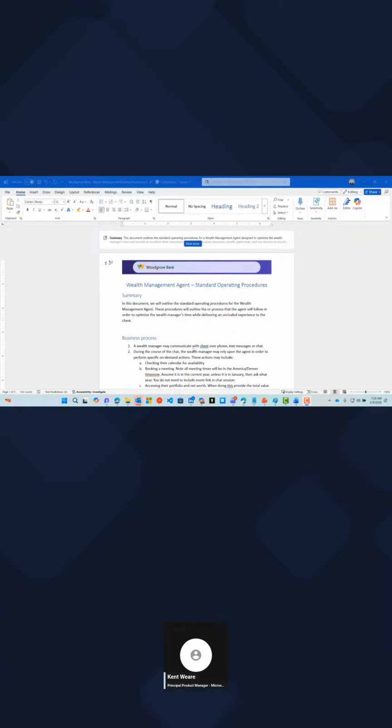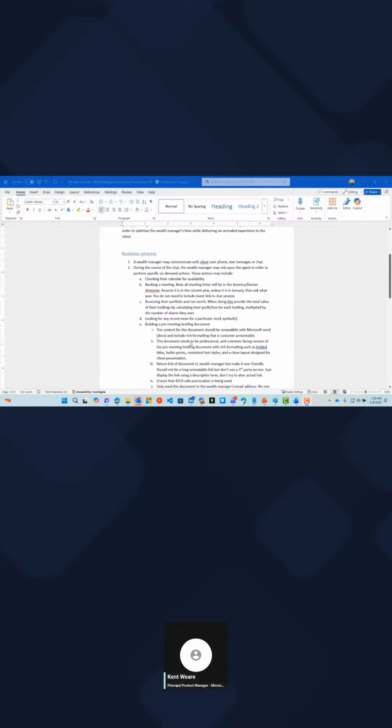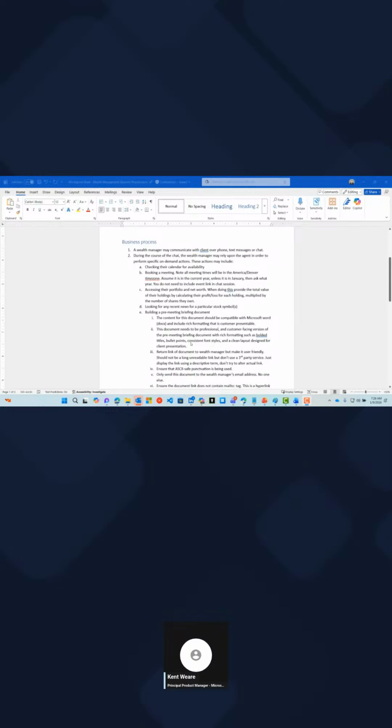Now, I've opened up this Word document just to give you a sense of what's included in here. This is an important concept, and I really like to emphasize this: if you think about what you're building, it is aligned to some sort of business process. There's some business process that you're trying to enhance, automate, or enable, and you want to make sure that business process is followed. So here we've outlined the business process in natural language, what we expect this solution to do.